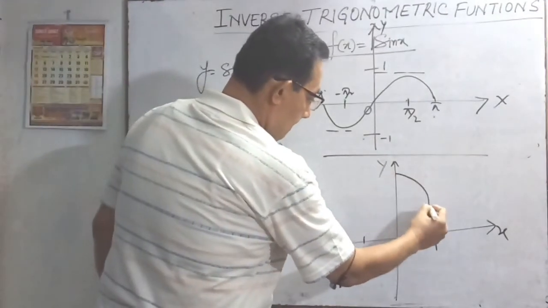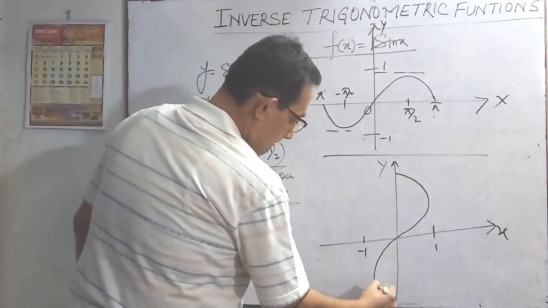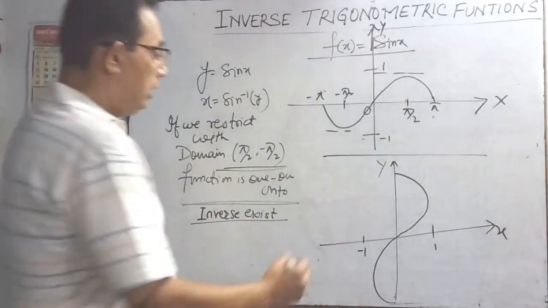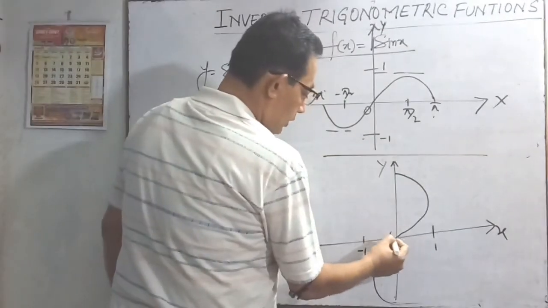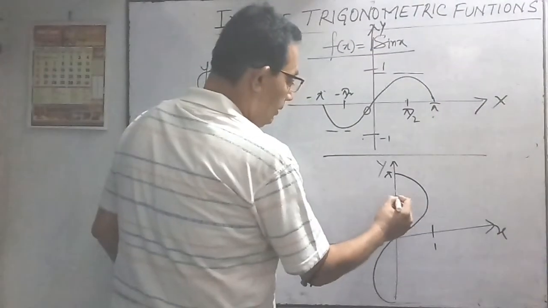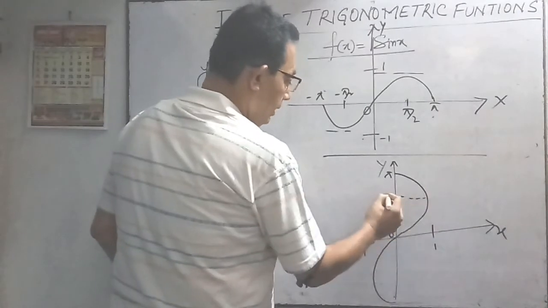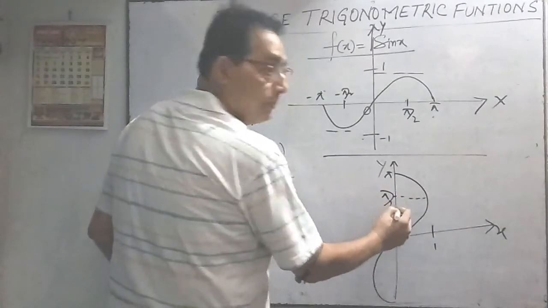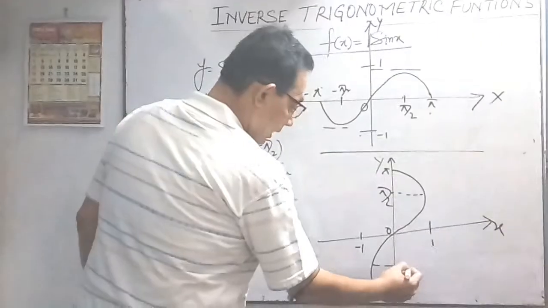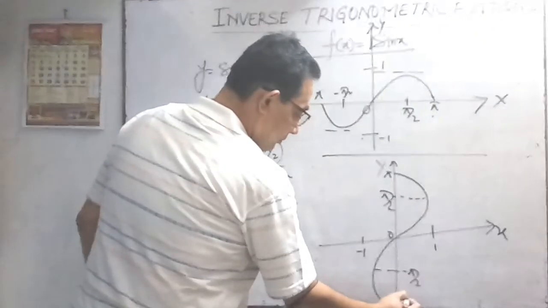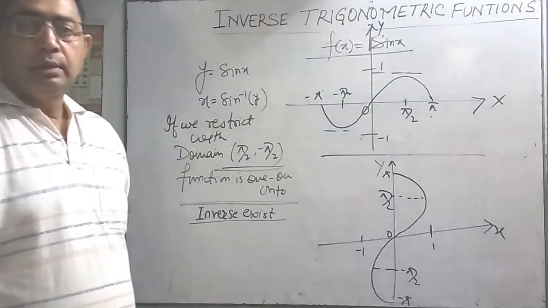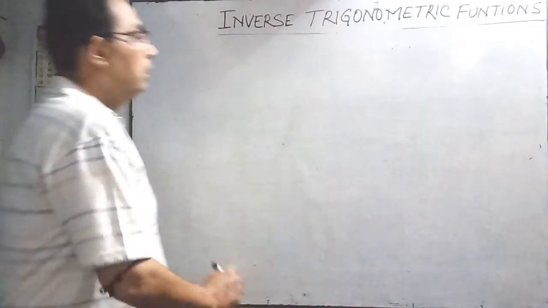Graph will move this way. This is 0, it is pi, it is pi by 2, this is minus pi by 2, this is minus pi. Understood? Is it clear? Now,